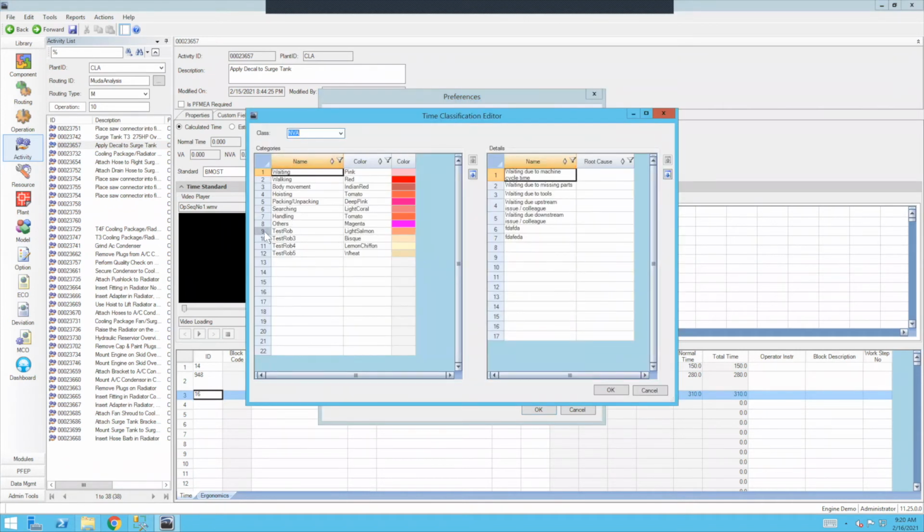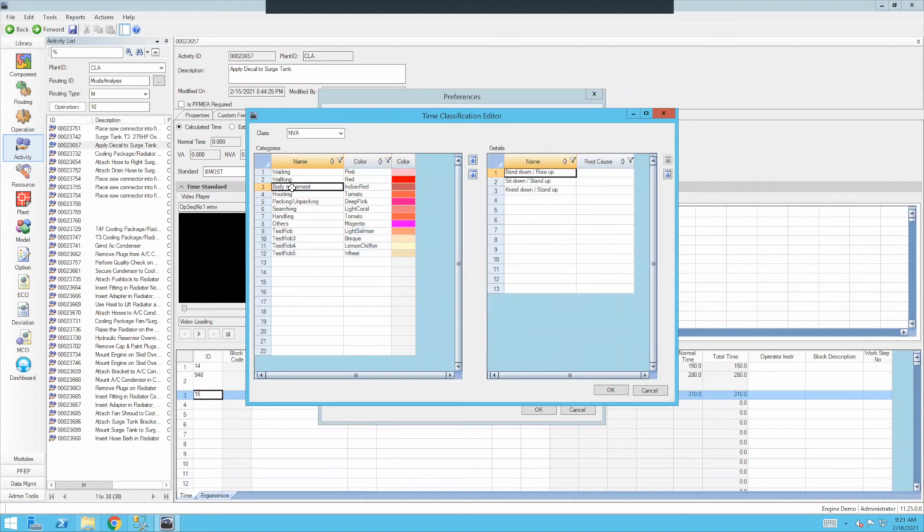So you can see that folks created their own here, but the point that I'm trying to raise is you can create your own categories of non-value add, value add, and semi-value add. And basically that category can then be given a specific color, and that category can be used in your analysis, right? So you may have situations in your facility that we are not capturing with our standard 7 or 8 default categories that we ship out of